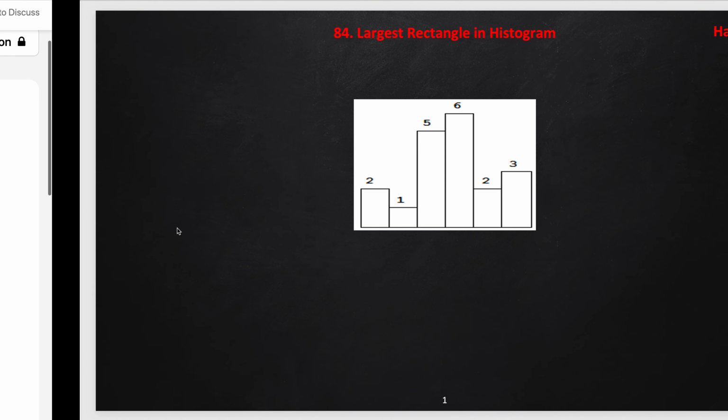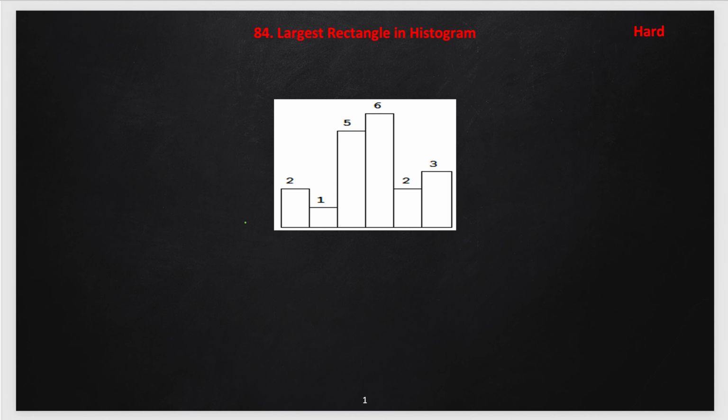So, let us understand how we will solve this problem with the naive approach. In the first solution, we will start from the first bar and try to formulate all the rectangles considering this bar, starting from here. If I consider the first bar itself, this is a rectangle of area 2.